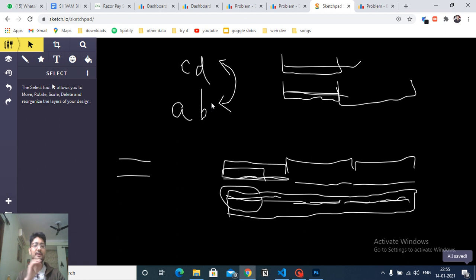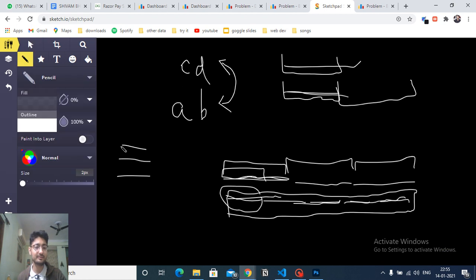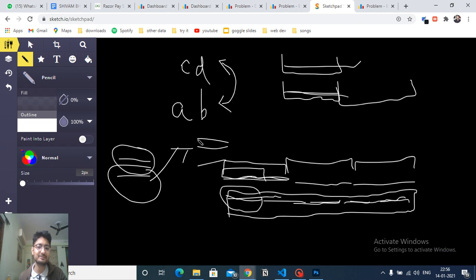If both of them are of the same length, there are two cases. If both of them are of the same length and both are also the same in character order, then the LCM is just, you can print out any of the strings because both of them are the same. And as you can see, the LCM of 2 and 2 is obviously 2.